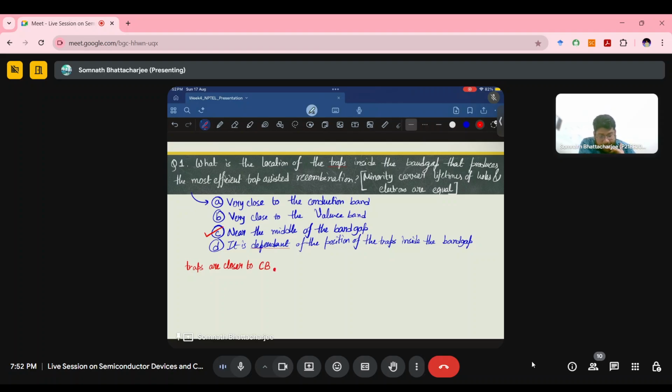Think of it like if it's near to the conduction band, which kind of a carrier will it attract? Electrons, yeah. So the electrons will be attracted more, and holes will be attracted less, right? So that's why it is more inefficient, because if, let's say just a rough number, 10 electrons are there and only 3 holes are there,